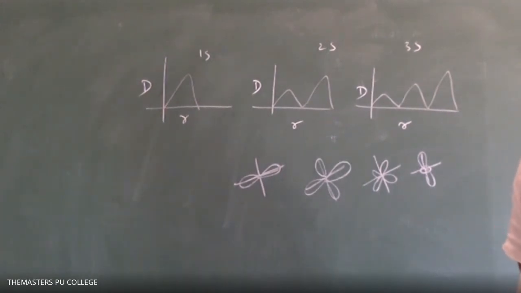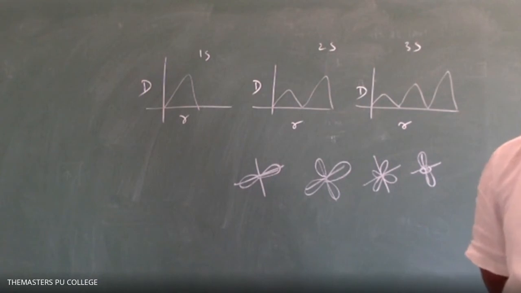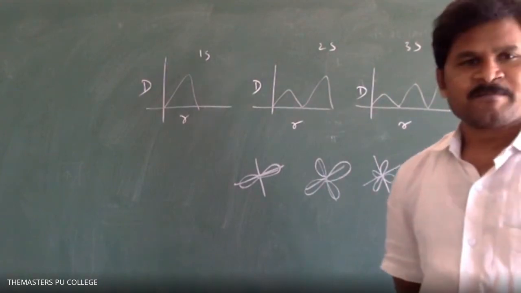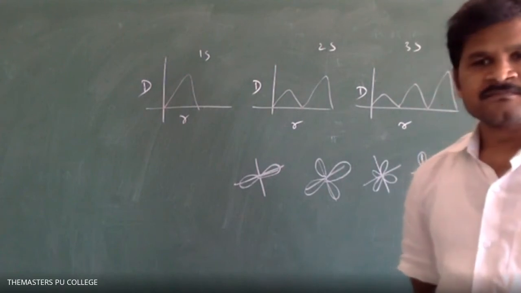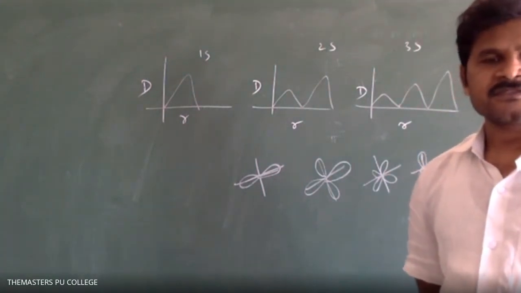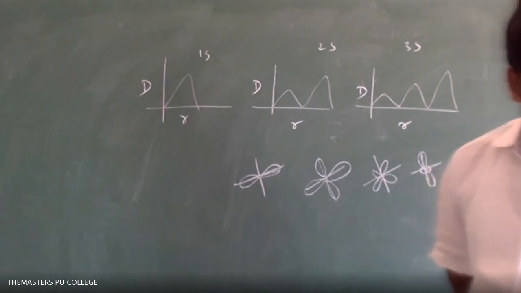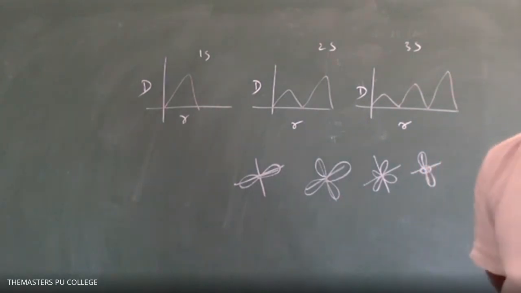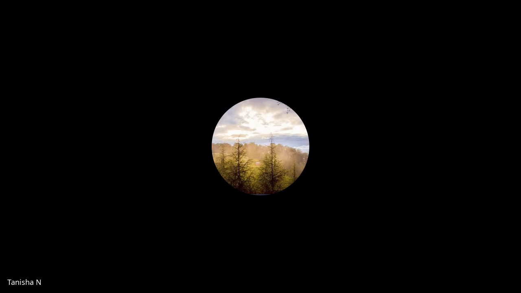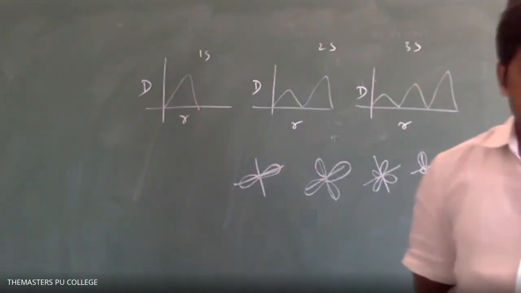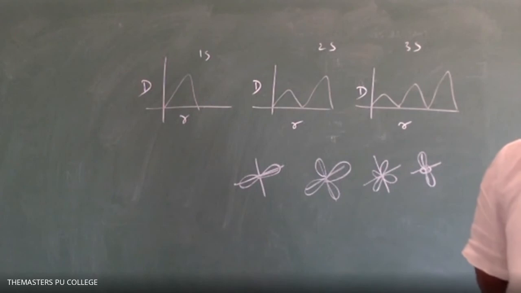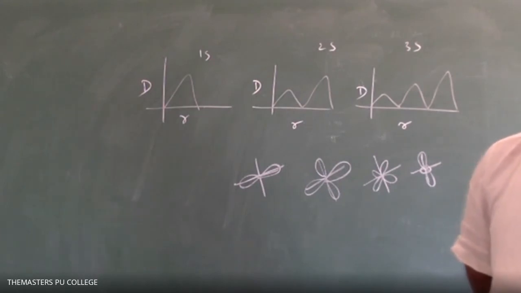Quantum numbers completed yesterday. Now you see question number 142, which I left yesterday. How many unpaired electrons are present in Ni2 plus cation? Students, can you answer? Yes, sir. 2 unpaired electrons.